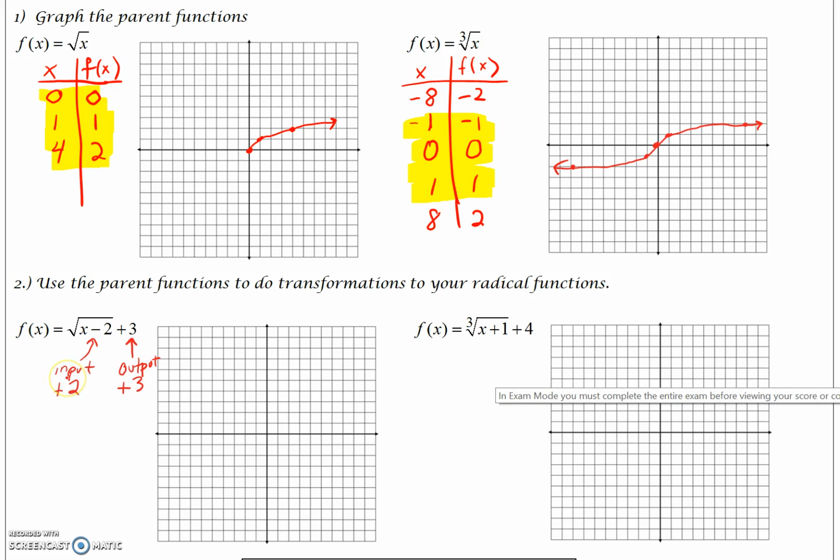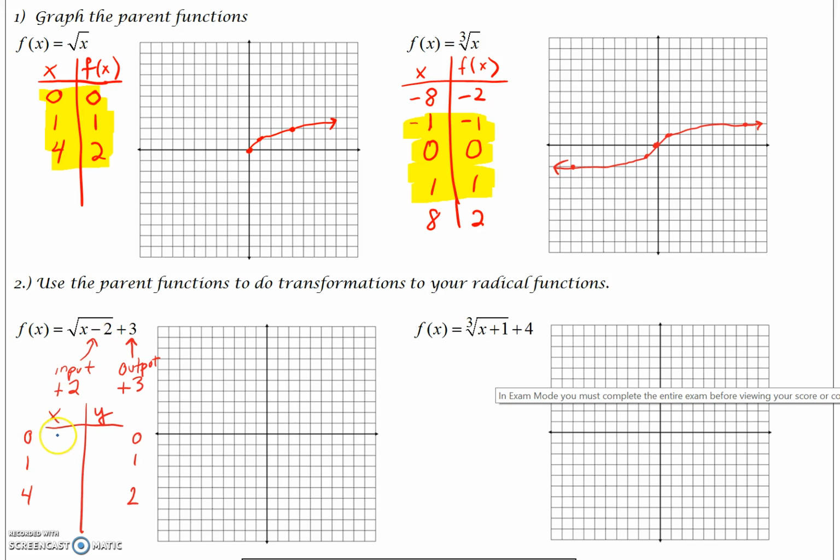So now if I just compare to my parent function above, I'm going to make another table. If I take 0, 1, and 2, so I'm going to write them off to the side. This is my parent function, 0, 1, and 4. And then my output values for the parent function would be 0, 1, and 2. I'm going to write this in a different color now. So my new coordinates for this transformed square root will be, I'm going to add 2 to all my input